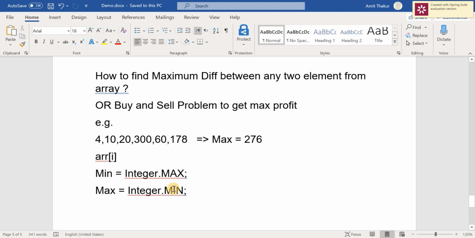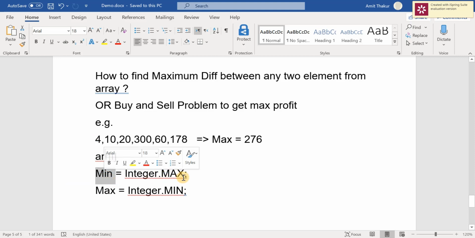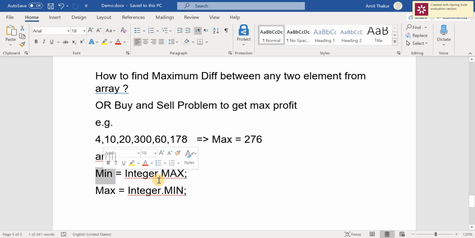In this case, we will put one loop here. First, I don't know the min value and the max value in this array. So I will consider my min value as Integer.MAX_VALUE, and max equal to Integer.MIN_VALUE, and then I will run the loop on this array. Obviously the min contains the maximum value right now; I have given it deliberately.